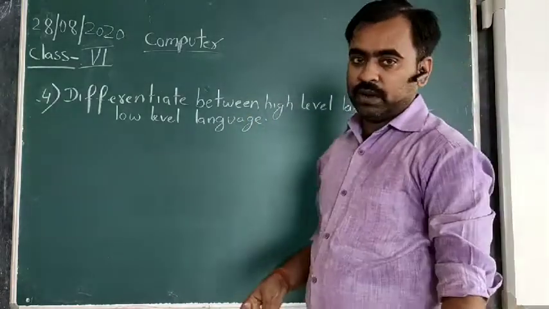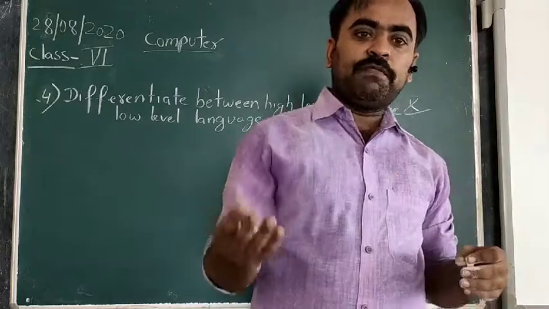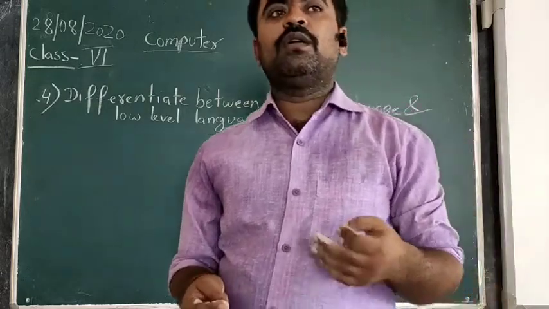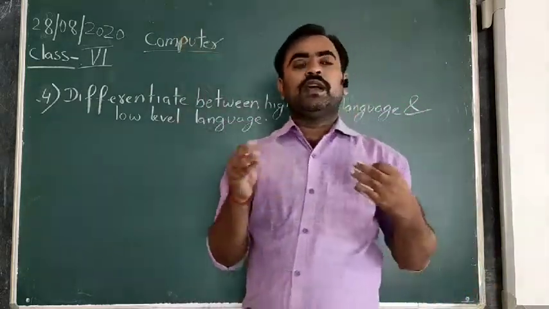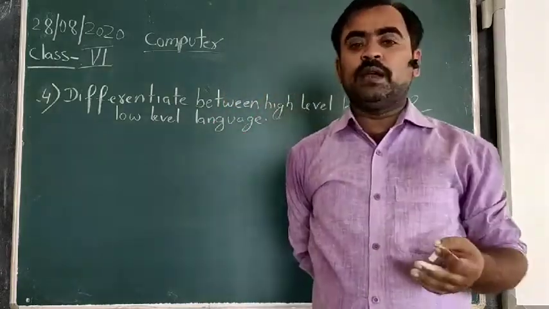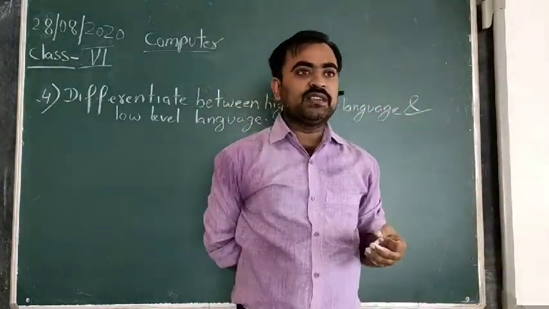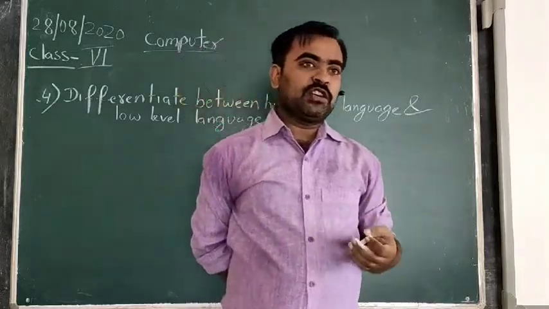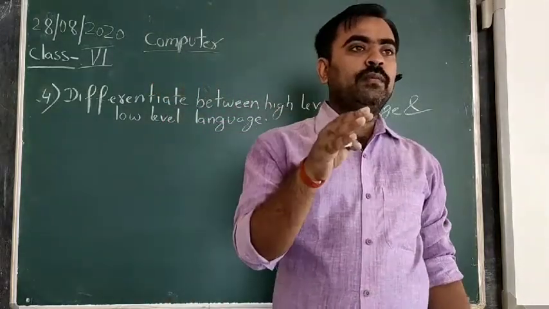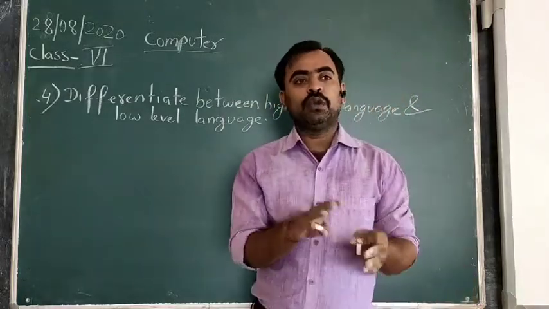The difference between high level and the low level language is that in low level languages the processing is very fast because they are written in the form of 0 and 1, and that's why it is directly executed by the computer system. Whereas the high level language programs are not directly understood by the computer system, and so the processing is slow, or execution of instructions takes more time compared to low level language programs, as the high level language needs to be converted into the machine level language or the low level program.